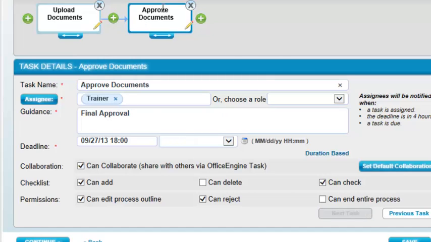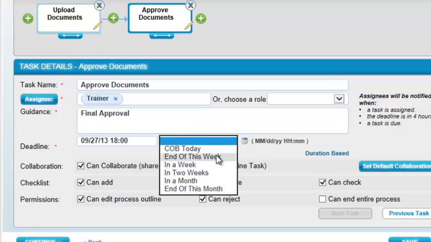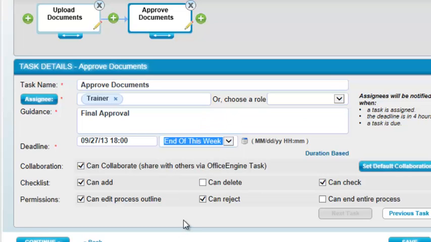And then by clicking on the Approve Document step in the process or activity, I can now set or change any of the information for that activity. And I'm going to leave the trainer as the approver, and I'm going to set the deadline for the end of this week. And you can see here, of course, that the approver or the trainer can reject this item